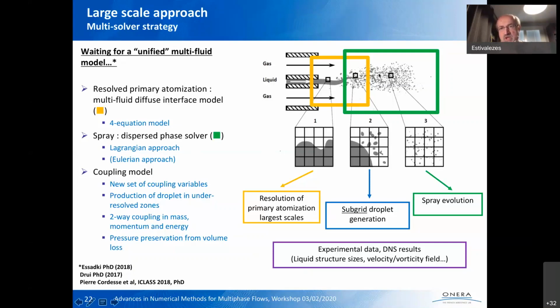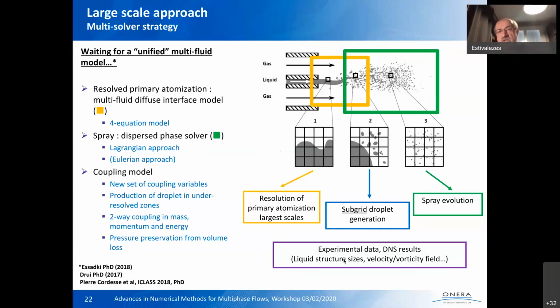And then we coupled, because the solver CEDRE is multi-solver, we can couple the dispersed inside the Lagrangian or Eulerian dispersed solver. Okay. So this is, roughly speaking, the methodology we try to develop to do all this stuff. And to do this modeling, we use experiment data when we can, and also DNS results by analysis on canonical